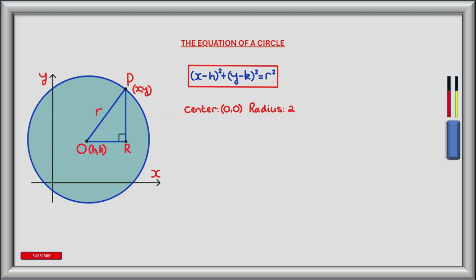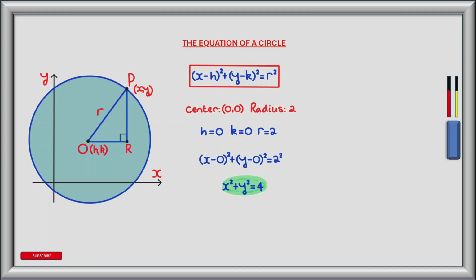In our first example, we have a circle centered at 0, 0 with a radius of 2. So using the general form of the equation of a circle, our x-coordinate h is equal to 0, our y-coordinate k is equal to 0, and our radius is equal to 2. And substituting the values of h, k, and r into the general form gives x minus 0 all squared plus y minus 0 all squared is equal to 2 squared. And simplifying this, we get x squared plus y squared is equal to 4,